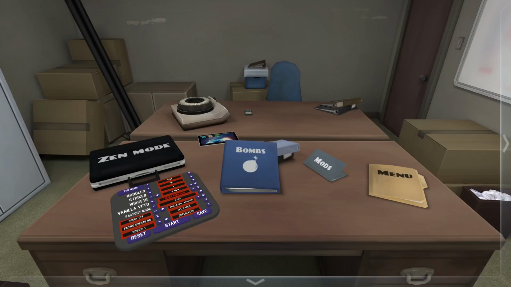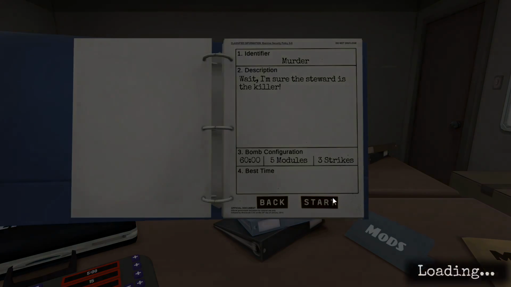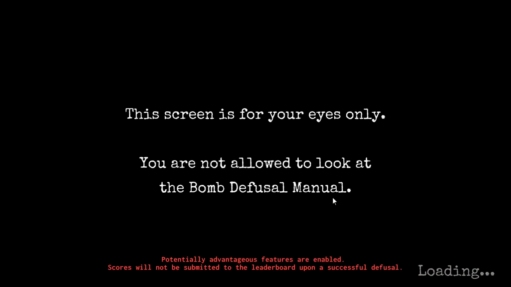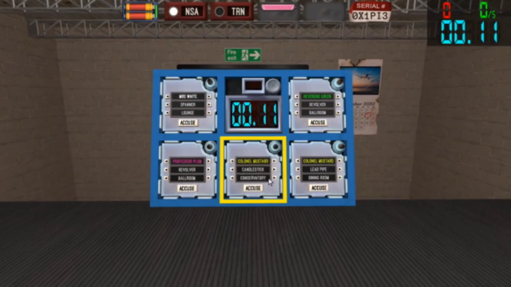Hello, today I'm going to make a program that solves the murder module from the game Keep Talking and Nobody Explodes. This module does require edge work, so let's see what we have. We have two batteries in one holder, a lit NSA indicator, an unlit TRN indicator, a parallel port, and a